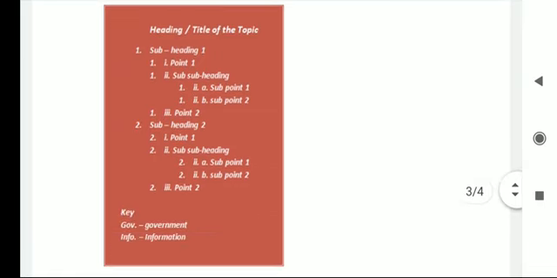Now there is a format, let's understand it. Heading, and there is an oblique title of the topic. Now first subheading. Under subheading first there is point 1, point 2, and we can see under subheading first point 1,